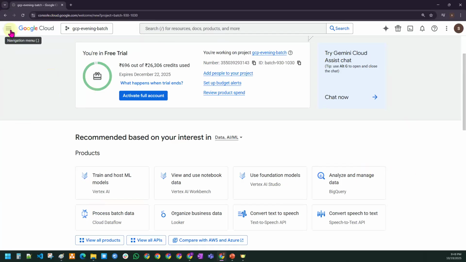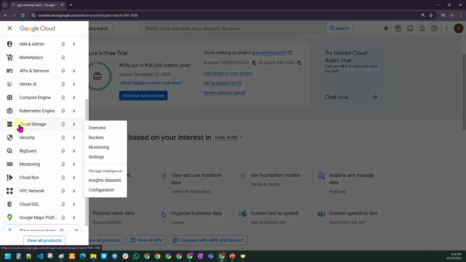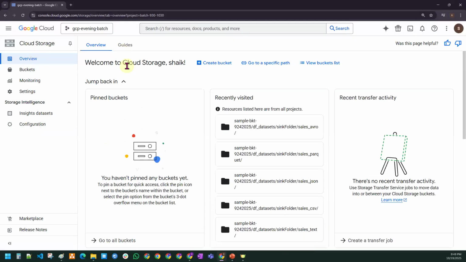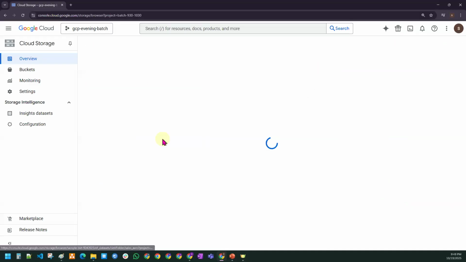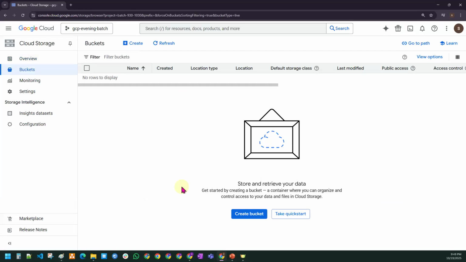For example, sir, I wanted to interact with the cloud storage. You click and select to go to the cloud storage. You can select it from here. Again, sir, I wanted to list down all the buckets. If you click on list buckets, you will be able to list all the buckets here. I do not have any buckets here, but you can see we can list the buckets also.